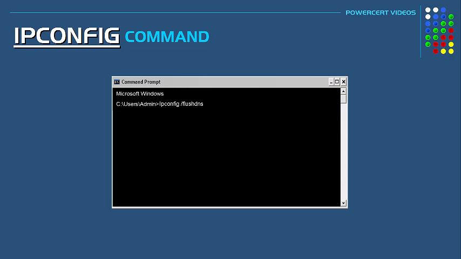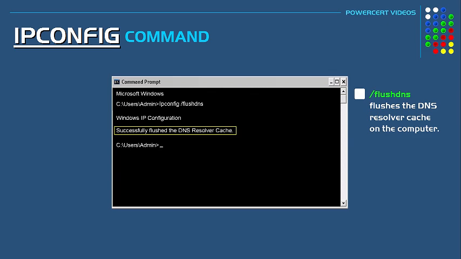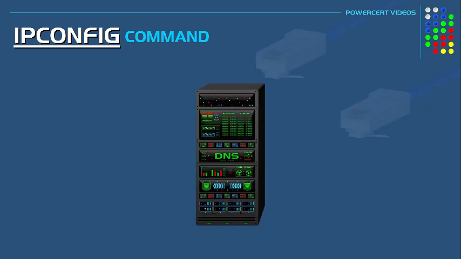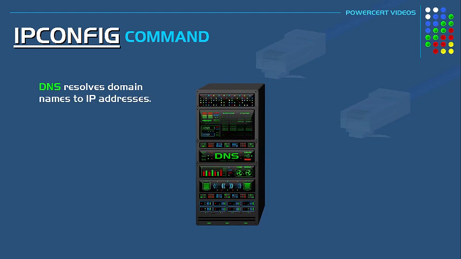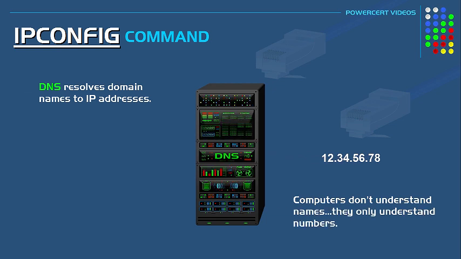ipconfig /flushdns is another command. Now this tool is what flushes or clears the DNS resolver cache on your computer. DNS, or domain name system, is used to resolve domain names to IP addresses. So for example, it's what turns a domain name such as youtube.com into an IP address. And this has to happen because computers don't understand names. They only understand numbers, which is what an IP address is. So that's why it has to be converted into a number so the computer can understand it and retrieve the